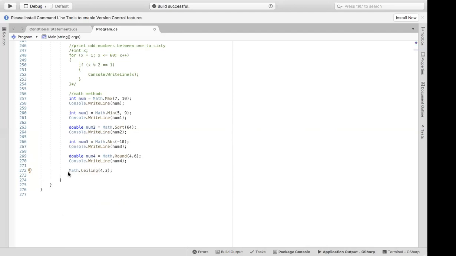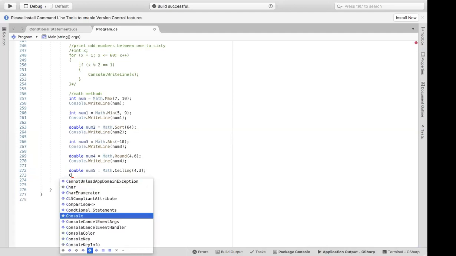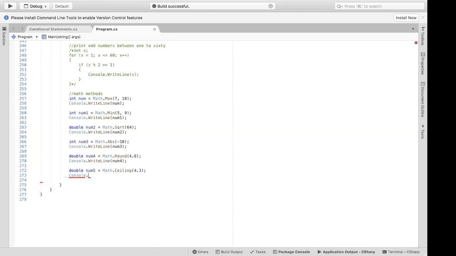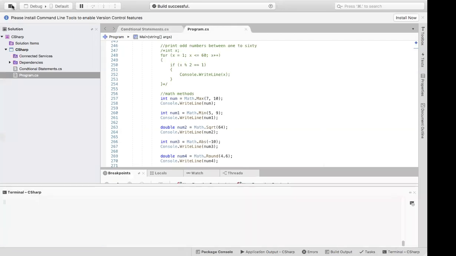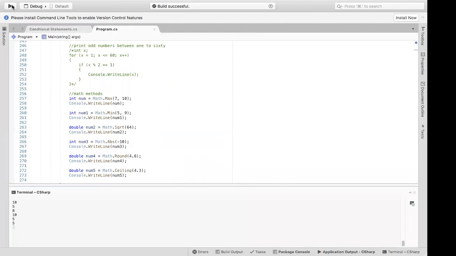Store the result and print it. Now run it. You can see the greater value.